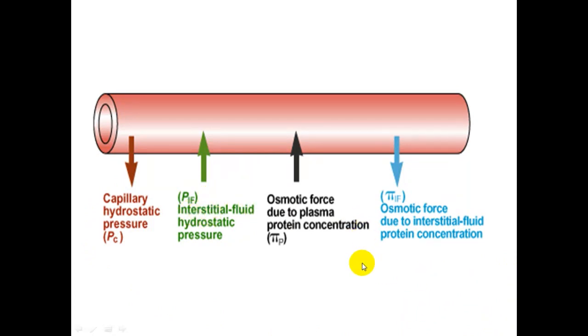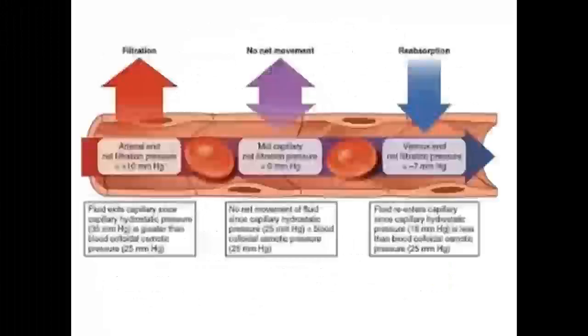So here we see, from this point, the connection of the interstitial space, the blood circulation, or the circulatory system, and the lymphatic system. It is here where we get our lymph, and it's where we will discuss more on the lymphatic system. So here is what will happen: filtration as a result of hydrostatic pressure through the pores. Here we have almost no movement, and here we have reabsorption as we discussed before.